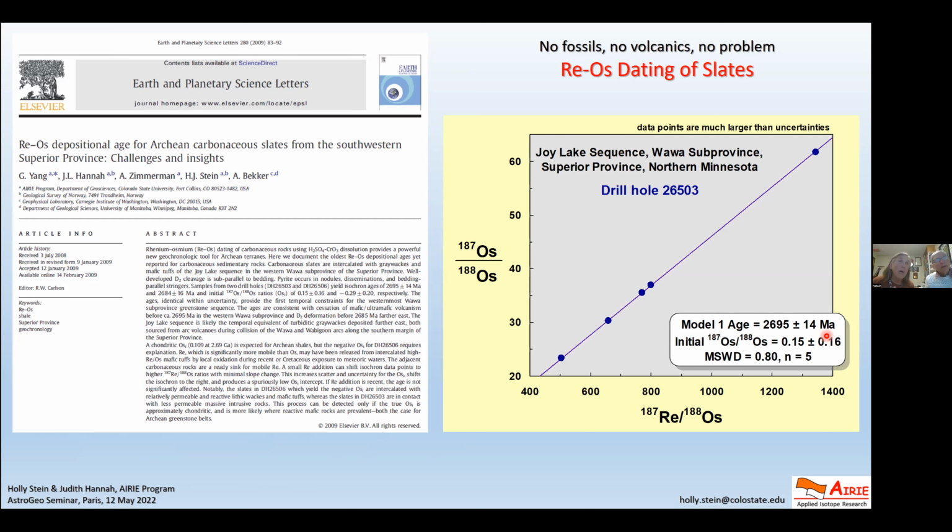I'd like to add one comment. In this paper that this isochron came from, we actually analyzed two correlative sections from two different drill holes a few miles apart in this section. And there was a volcanic bed in it that had covered the section. So we knew we were at the exact same place in the drill cores, and we got the same age, well within uncertainty.